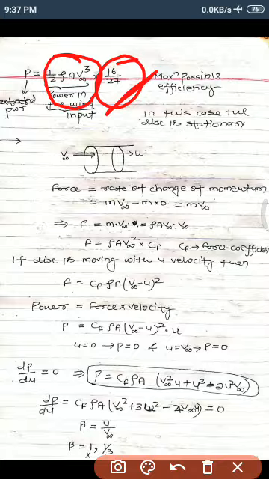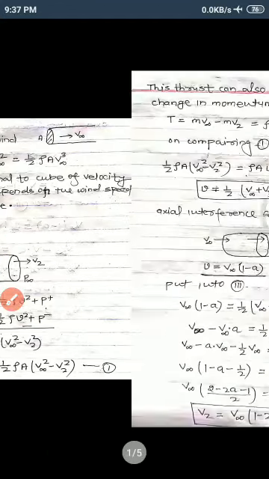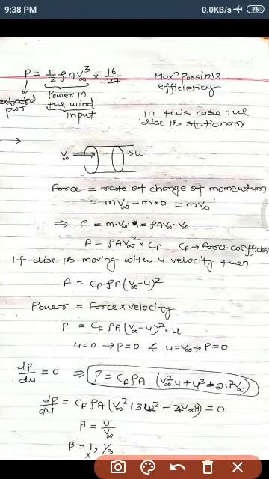This is the case where we consider that the disk is stationary. We have not taken the velocity of the disk into account, but if it is the blades of the turbine, they will also move. Now we will take into consideration the movement of the blade, supposing it is also moving with velocity u. In this case also we will calculate the total power.